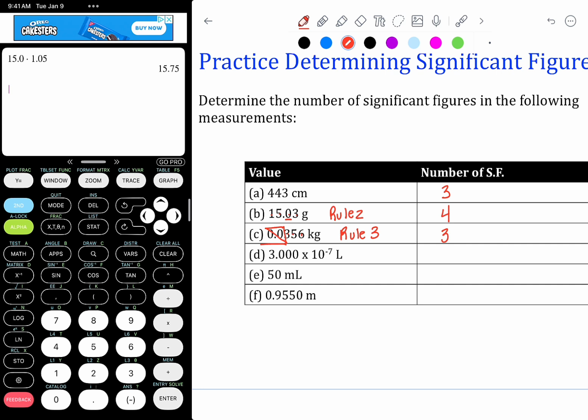Next up, we have 3.000 times 10 to the minus 7 liters. So this falls under Rule 4, where because these zeros are coming after the decimal place, they are still significant. So we have 1, 2, 3, 4